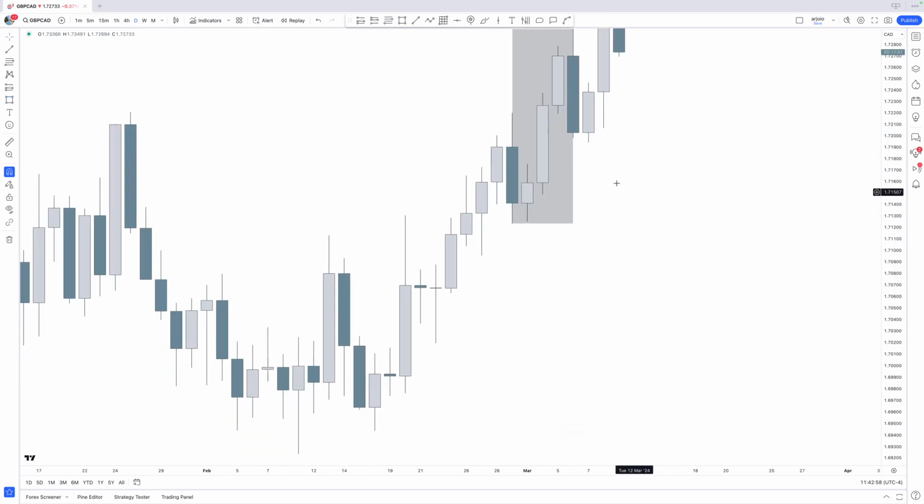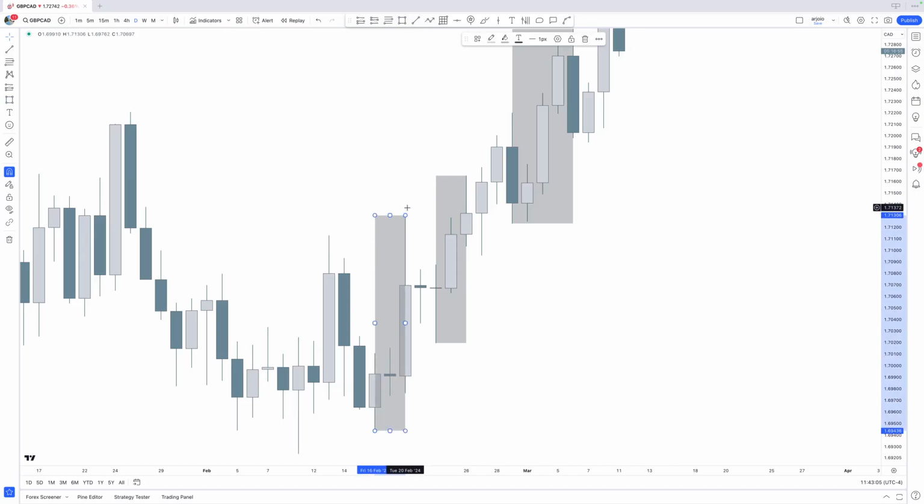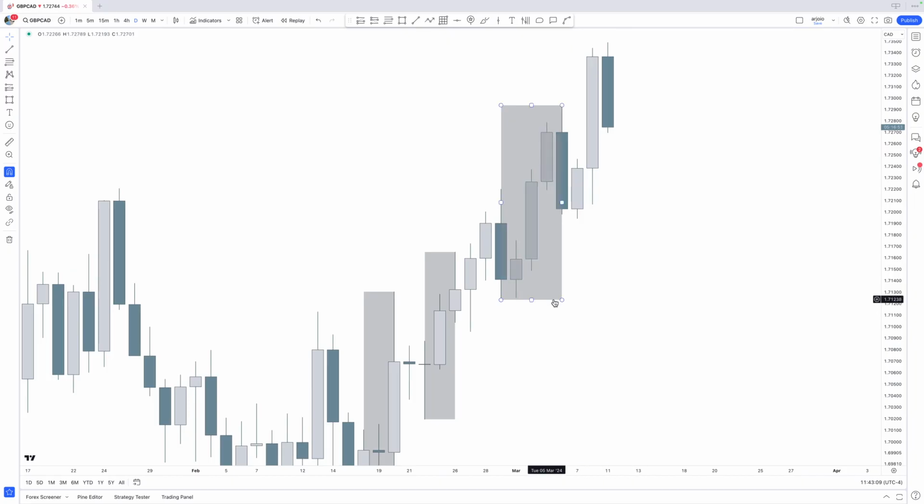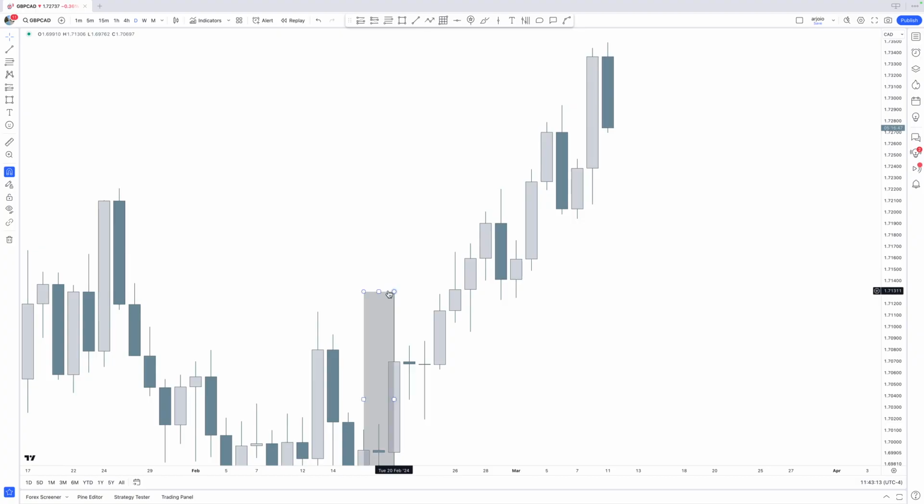This is an order flow leg right here. This is an order flow leg right there as well. And this is also an order flow leg right there. They all have a different first line of defense, where the first line of defense is, again, understanding the first